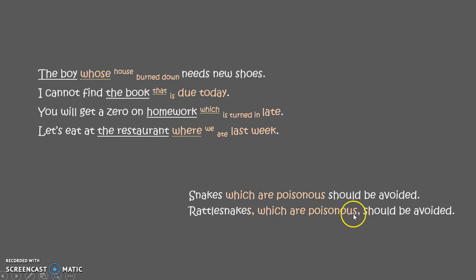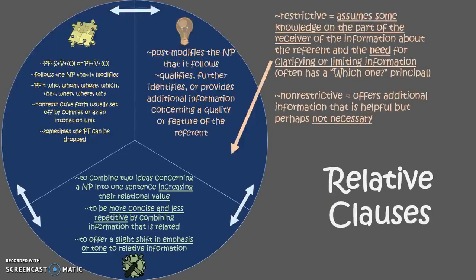So it's not necessary information, but it's helpful. And when I say it, I'm going to have this intonation unit. Rattlesnakes, which are poisonous, should be avoided. Okay, and now we move on to